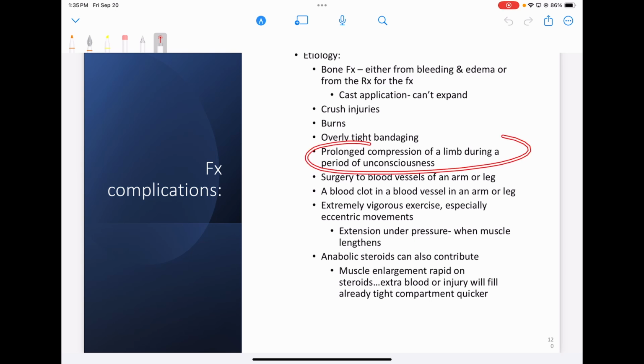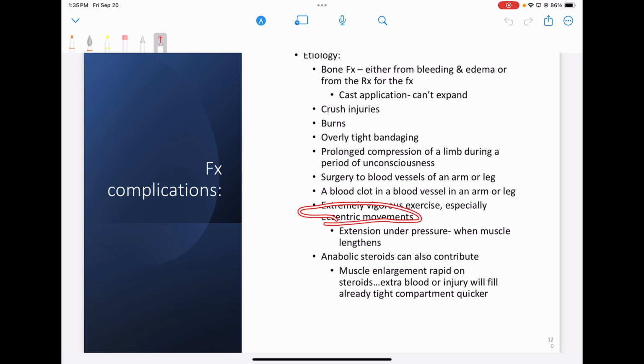Prolonged compression of a limb during a period of unconsciousness can do it. So if you pass out or have a stroke and you're down on the ground and you can't get up, you're going to be stuck on the ground for a while. Surgery, blood clots, vigorous exercise,